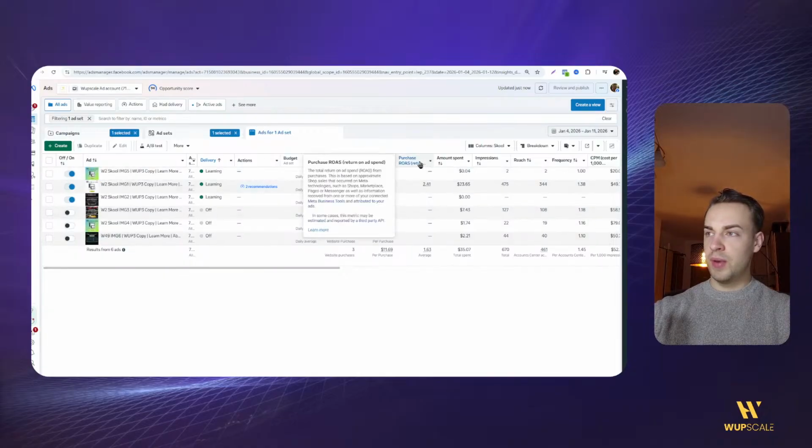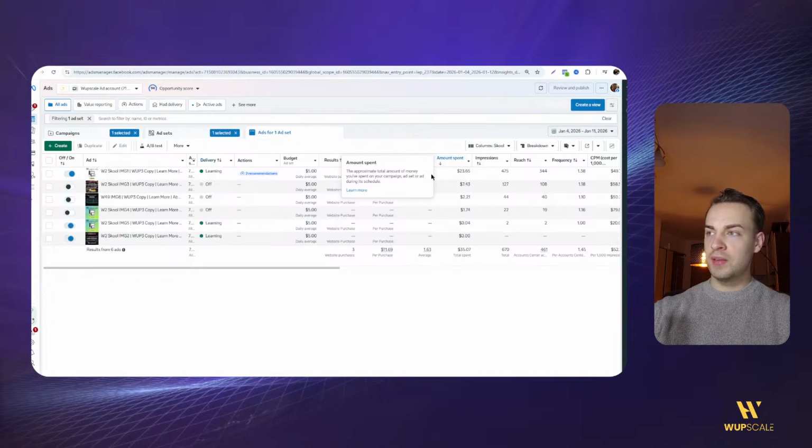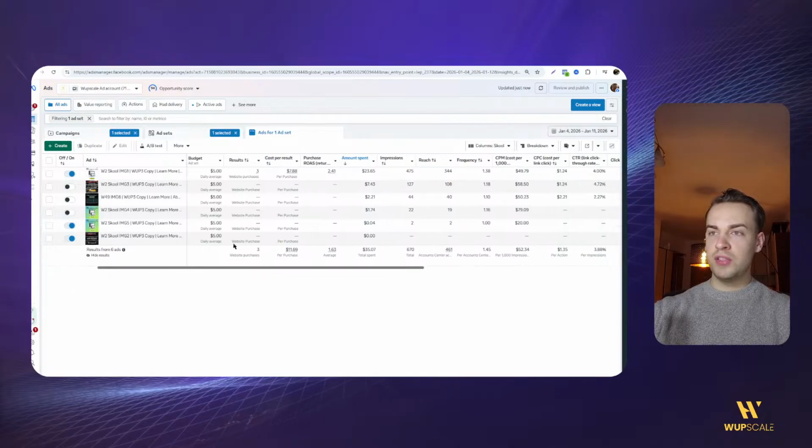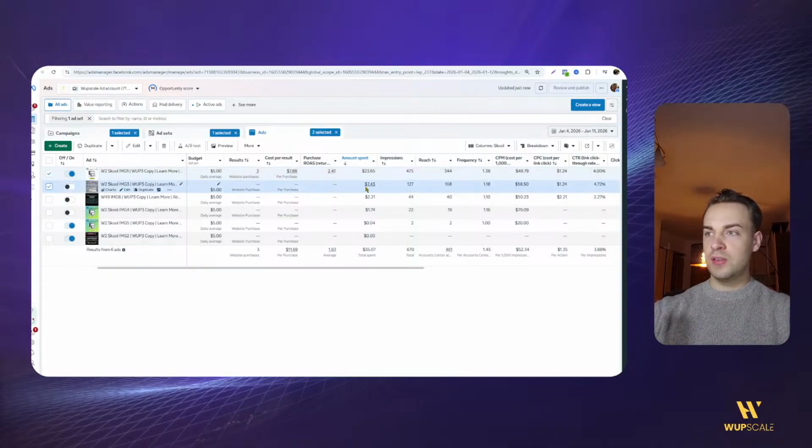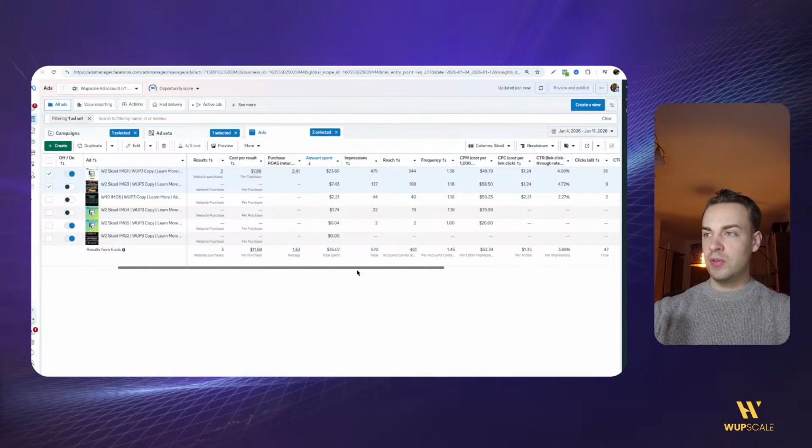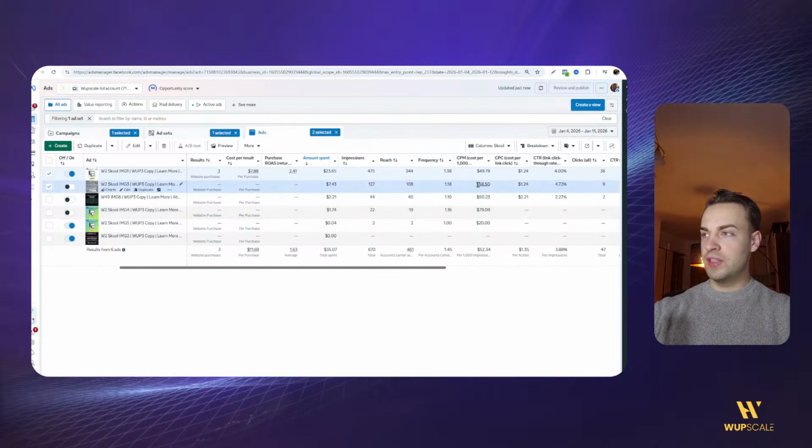And if I sort by amount spent, let's click on amount spent, and then it's going to sort by the highest spending ad. You see by using ABO and just $5 a day, Meta is actually optimizing the ad spend to the best ad. So you will see these two ads spend the most, so it's only $35 so far. But the ad at the top spent $23, and then this one at $7. And you see that the numbers are good on both of these ads. CPM is good, even though it's better on the first one. CPC is both the same,